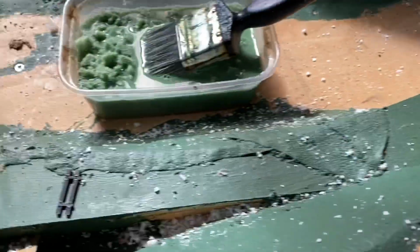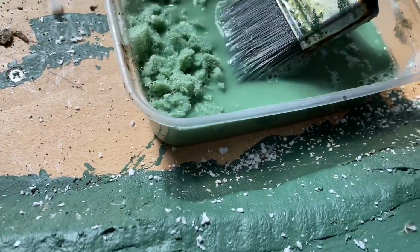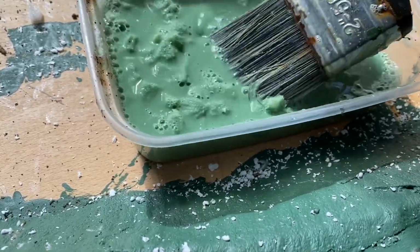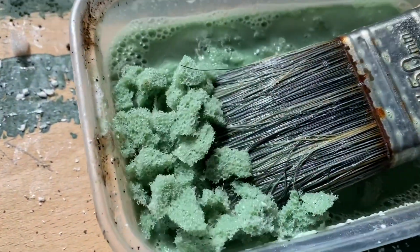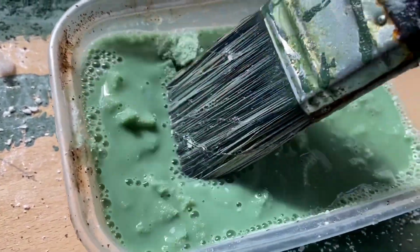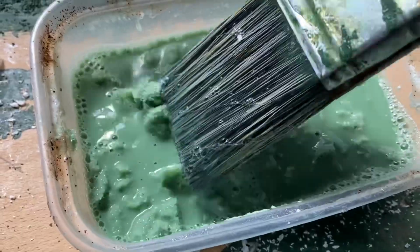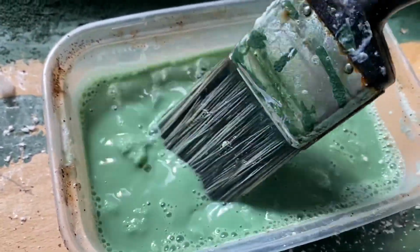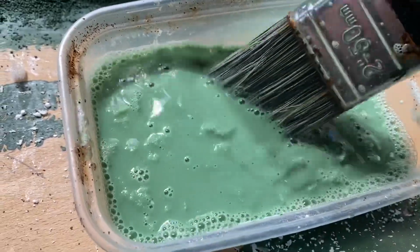Okay folks, so you can see I've just started taking a chunk out of that foam material, and then I've just come over here and been breaking it up into very small bits, just pinching them off with your finger basically. It's coming up with these little bits, which I've put at the moment in a wash that I've been rinsing the brush out in, but the idea is I could add different paint to this